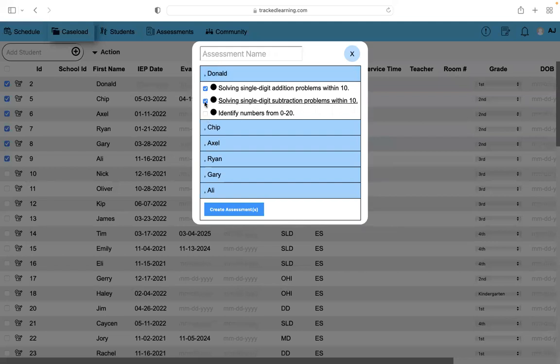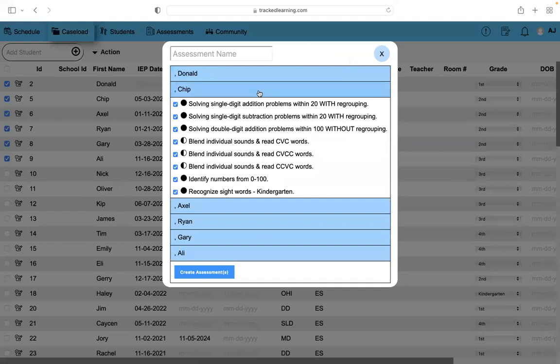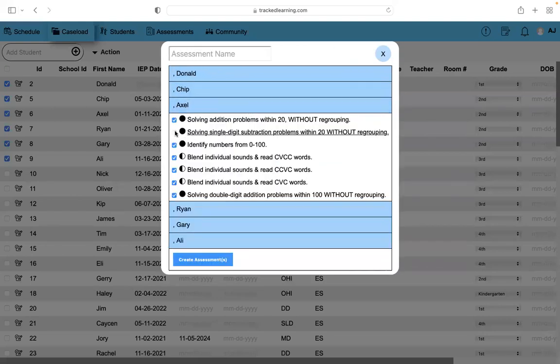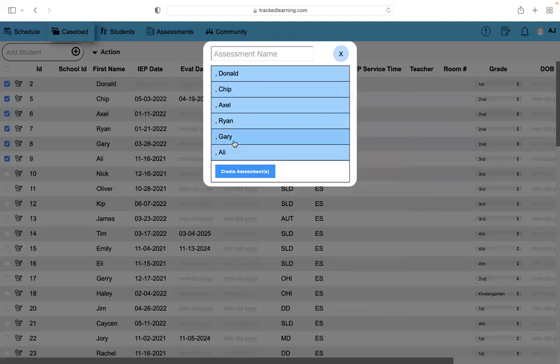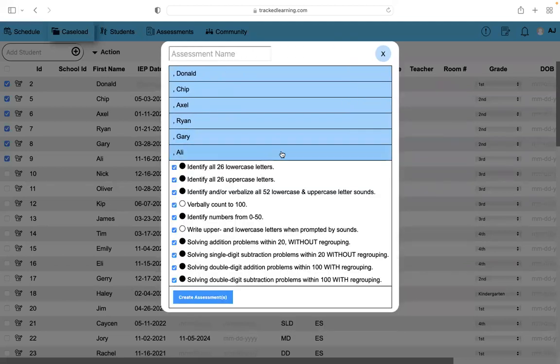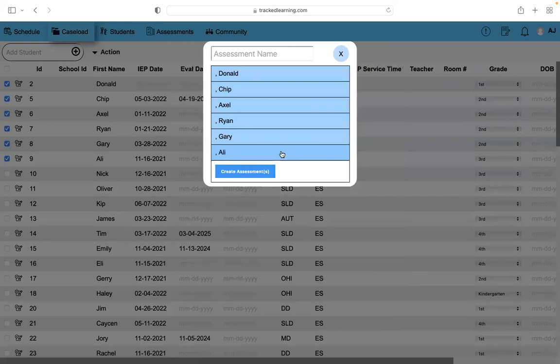You can choose to, maybe he's not going to take it this time. You just collected data last week on him, or you're going to have him close it. You go to the next kid. Okay, I want all those. I don't care about that one with Axel. And you're just going to go through, take the moment to figure this out. And now what's going to happen is when you add these goals, you also have the option to pick how many questions you want for each target skill when an assessment is generated. So now when you name this, end of the year